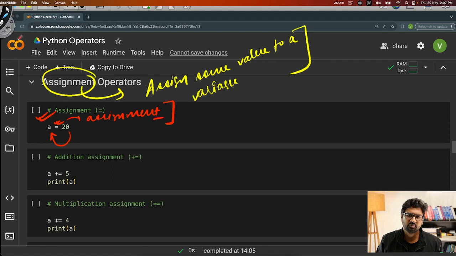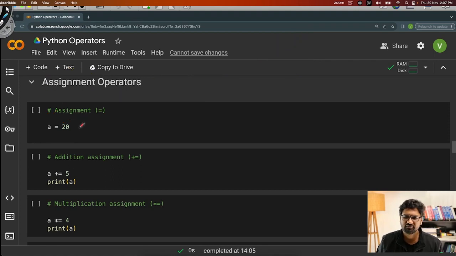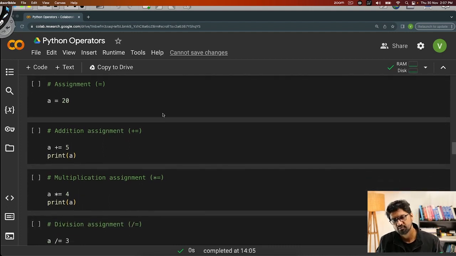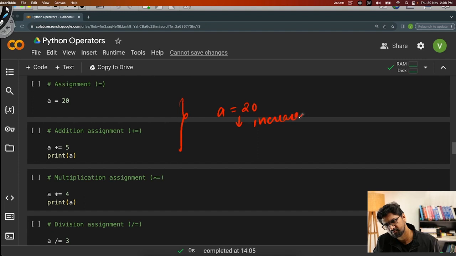Now the more interesting part is the next, which is the addition assignment, right? So let's say that you wanted to define a variable called a equals to 20, and then you want to increase the value by, let's say, 5. What you could have done, you could have defined that a equals to a plus 5.